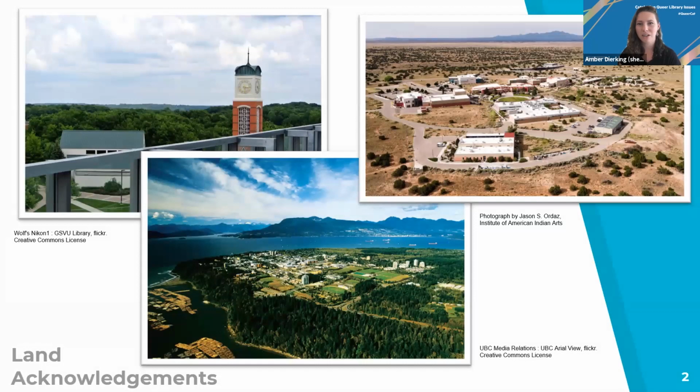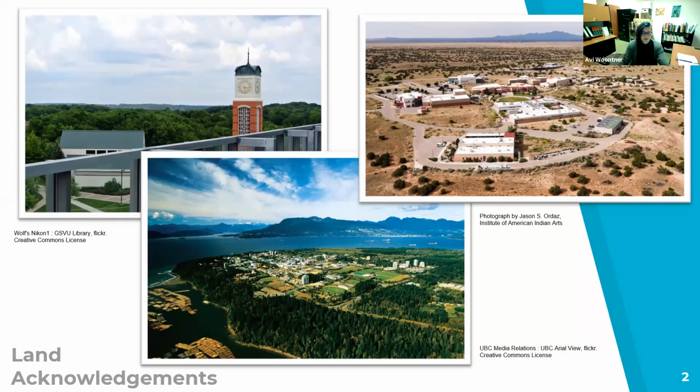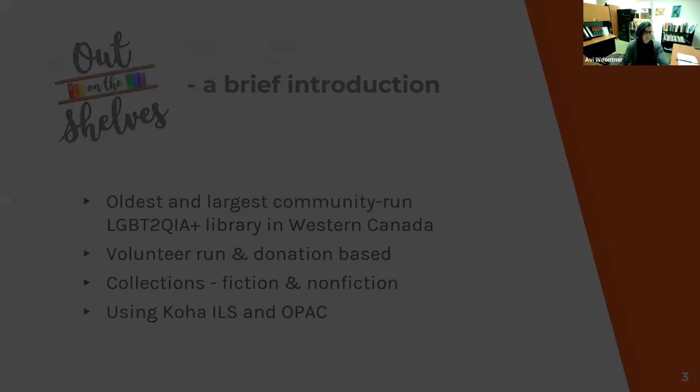So I, for one, want to acknowledge that I live and work on the traditional territory of the Anishinaabe, or the people of the Three Fires, the Ojibwe, the Ottawa, and the Potawatomi. And I'm here today on the traditional lands of the Kiowa people, White Shell Water Place, also known as Santa Fe, New Mexico. And we're talking today about Out on the Shelves, which is located on the traditional, ancestral, and unceded lands of the Squamish, Tsleil-Waututh, and Musqueam peoples. We're very grateful to be working for these communities, and these projects that we talk about, we work to respect and reflect our Two-Spirit siblings in all of the work that we do.